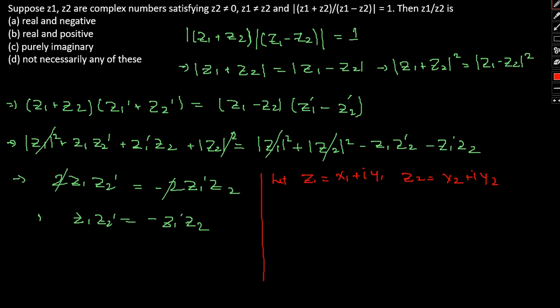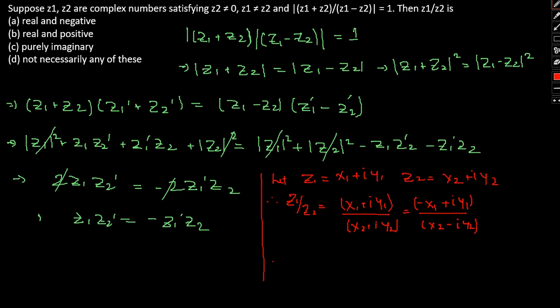So therefore z1 by z2, this can be written as x1 plus iy1 divided by x2 plus iy2. Okay, which can be further written as